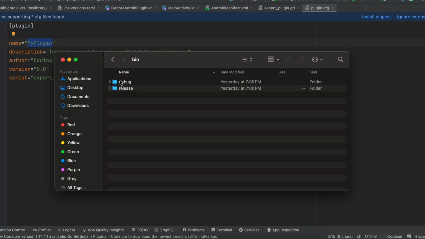Now if you remember, we had created this AR files inside our Android project, right? You will have to copy the debug AR file to the debug folder and the release AR file to the release folder, but you have to change the file name to whatever is your plugin name-release.ar for release folder, and for debug whatever is your plugin name-debug.ar. So I have already copy pasted it. So yeah,